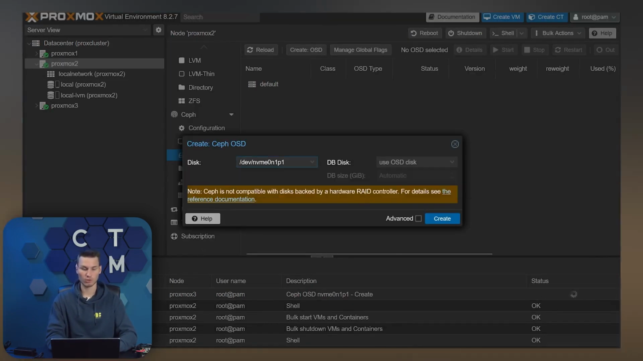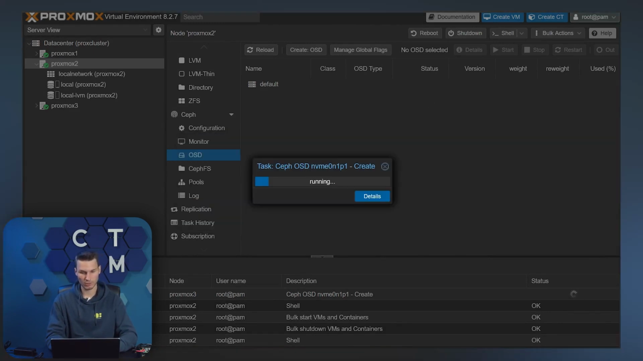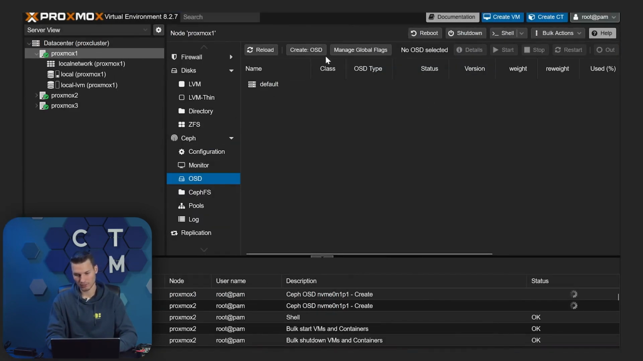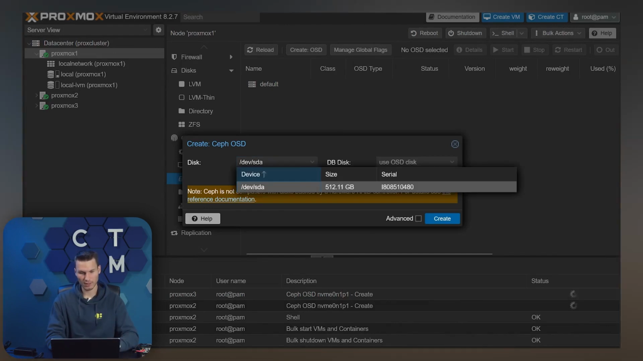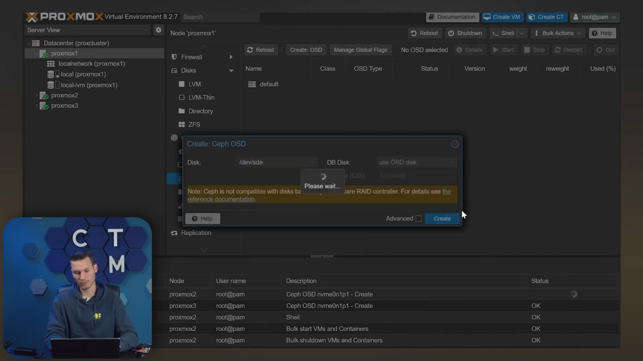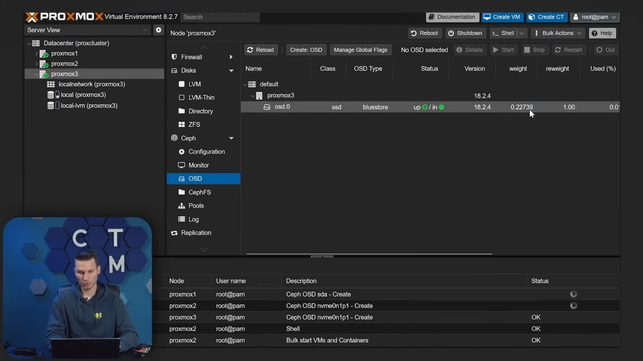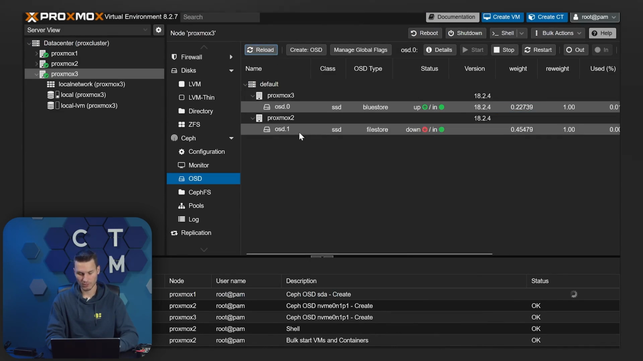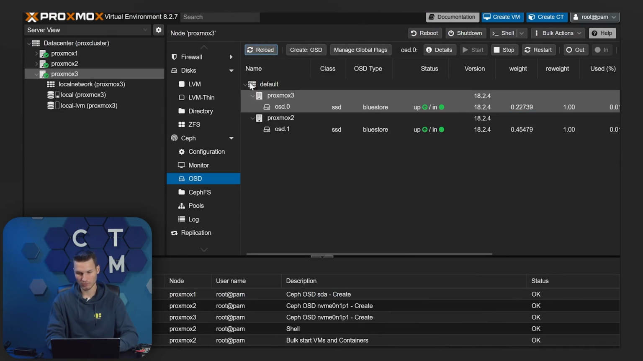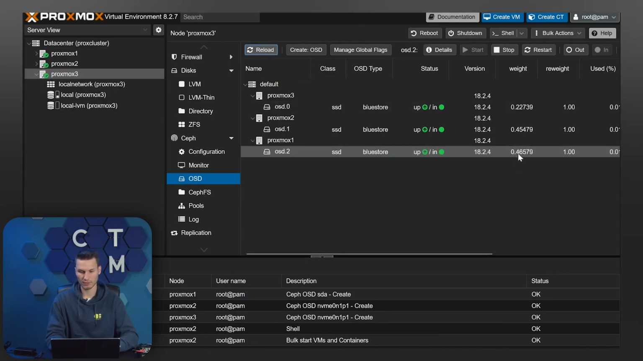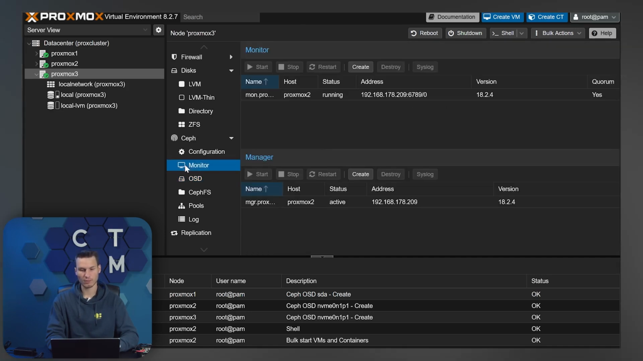In the meantime, we can already do the same with Proxmox 2, OSD, create OSD, select the hard drive again, create, and Proxmox 1, OSD, create OSD, and also select the hard drive here. So when we press Reload here, we can already see how the 3 servers are slowly being displayed with their hard drives. We wait briefly until that is completed. So, and then we already have the 3 computers each with their 3 hard drives,